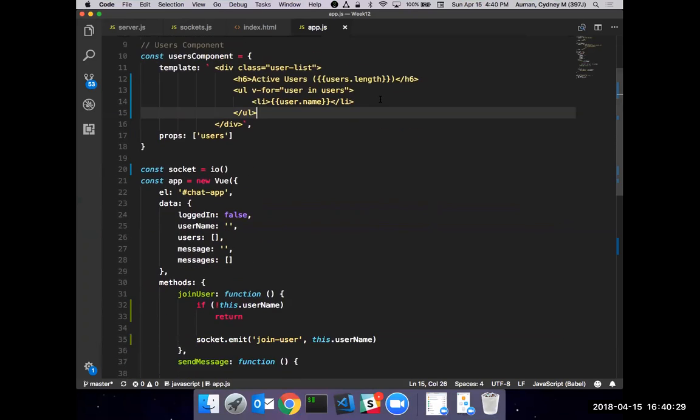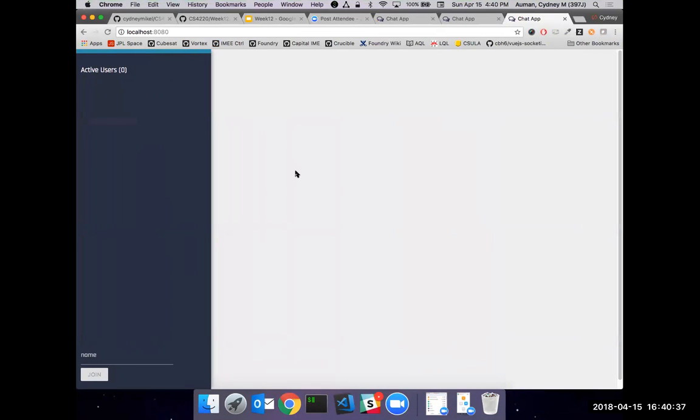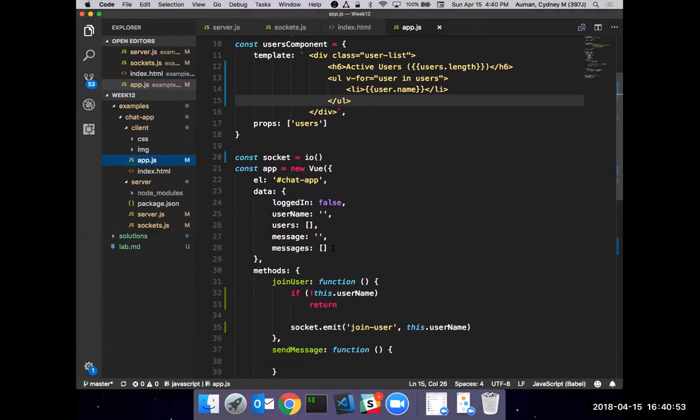So let's fix that real quick. Now that we have that, let me open this back up. What's happening here is when I load the web page, I'm essentially instantiating a new Vue instance. We can see that here, it says app new Vue. So every time the web page gets loaded, we instantiate a new Vue instance. When we load it one time in one tab, the users array is empty. When we load it another time in another tab, the users array is still empty. And if the first tab starts pushing users in there, and then we load a third tab, it's instantiated a new instance, and in that third tab, it's still empty, because it's instantiated with an empty array here.